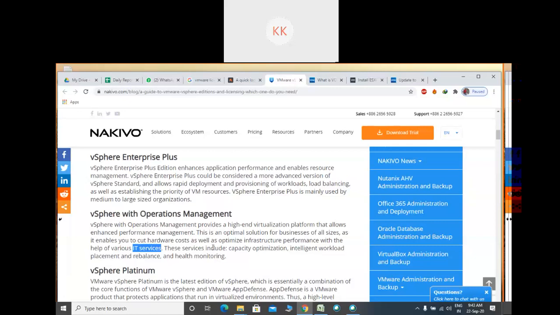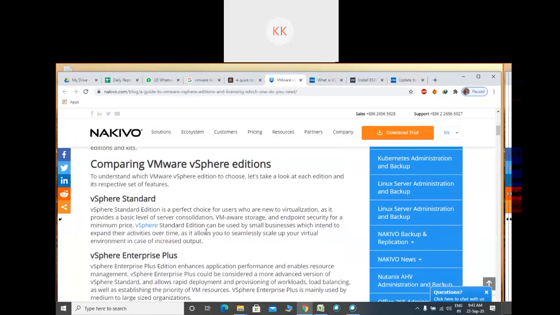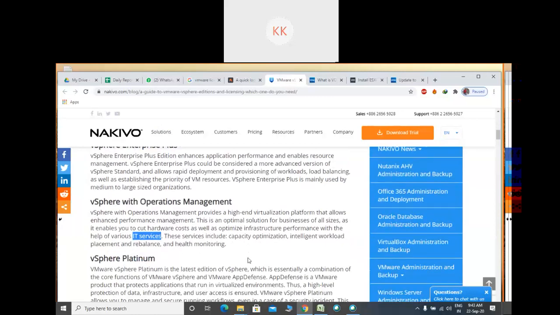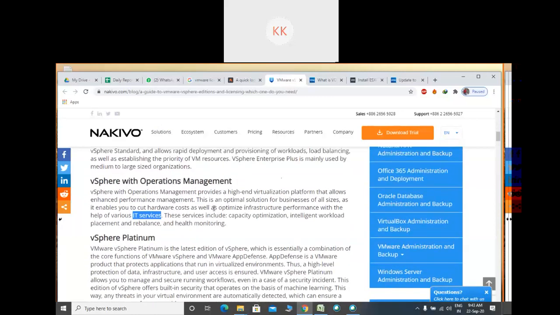Actually, all these modern applications like artificial intelligence and other things need sophisticated processing. So this version of vSphere gives all these different features. Please remember this version is equally workable for startup businesses as well as running businesses. So this is the more optimized one, your vSphere with Operations Management.